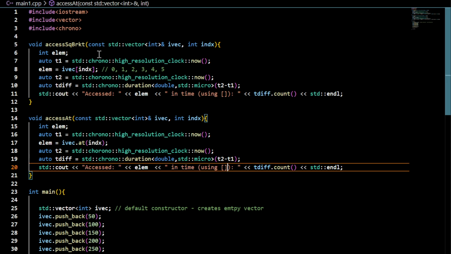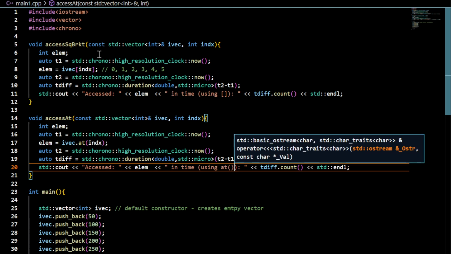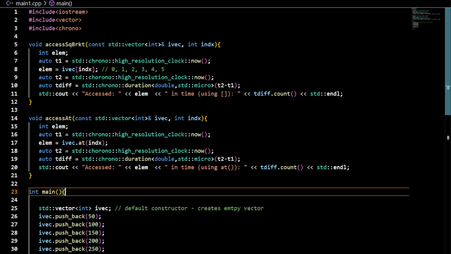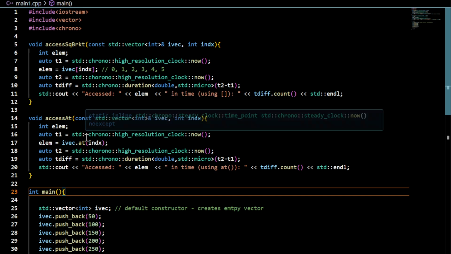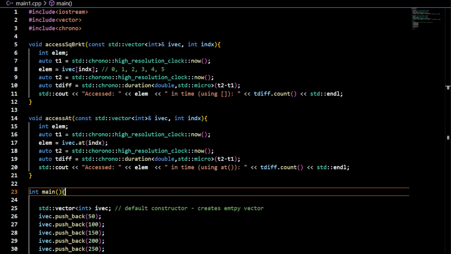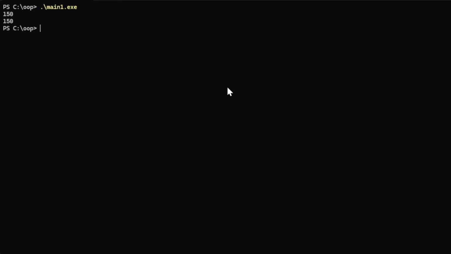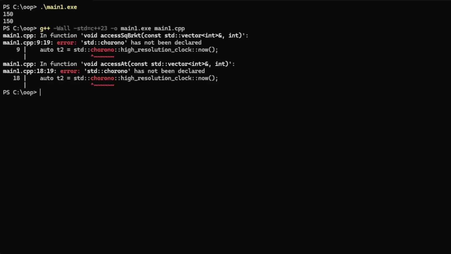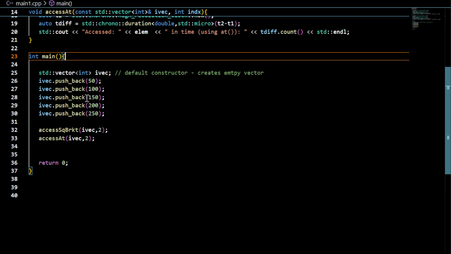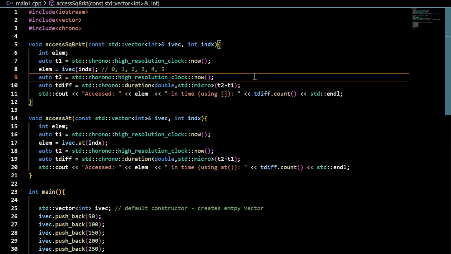But in this case I'm using at, right? So now this should display the time difference, the difference in the time required to access this element using this subscripting operator, and the time required to access this element by calling this method at. Let me see the time difference now. So there is a small error here, has not been declared. I think there is some small typo problem. So chrono,